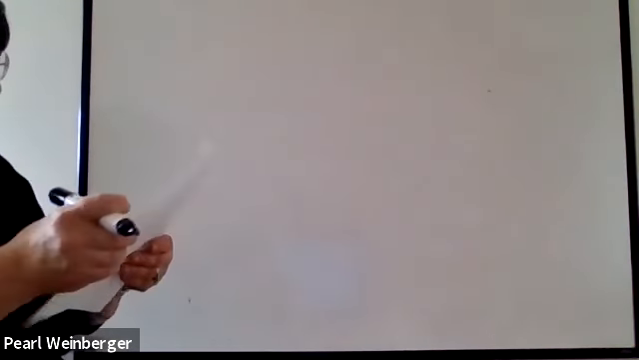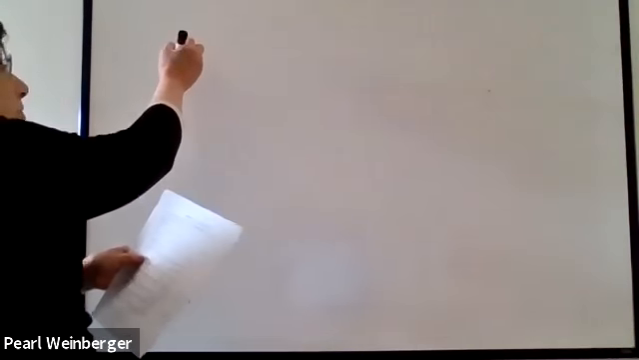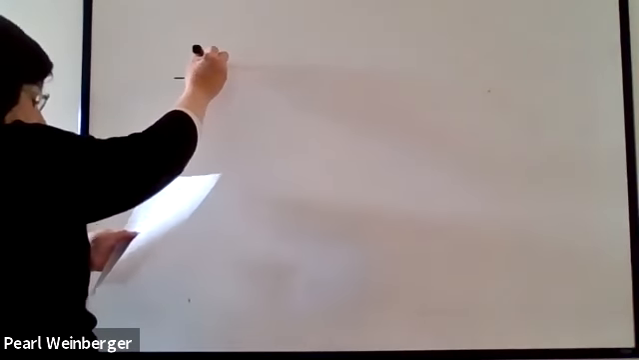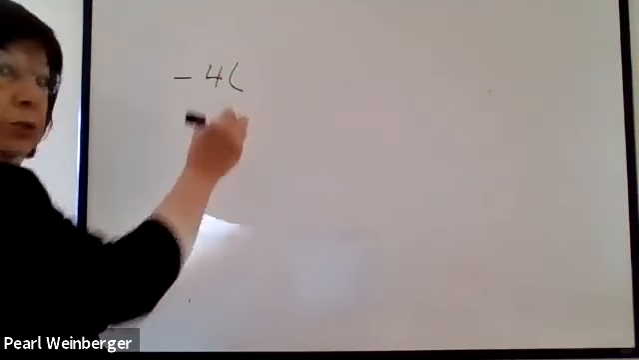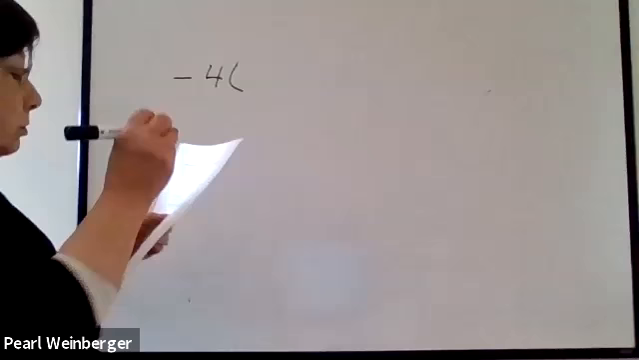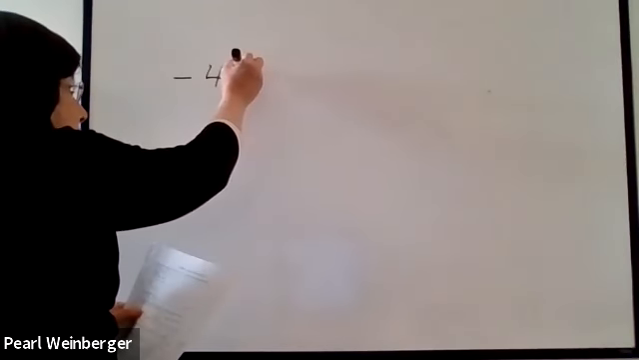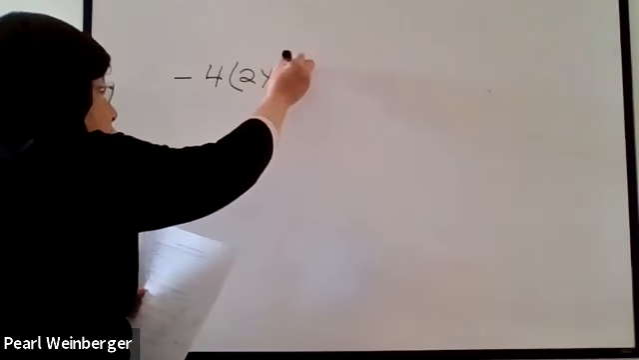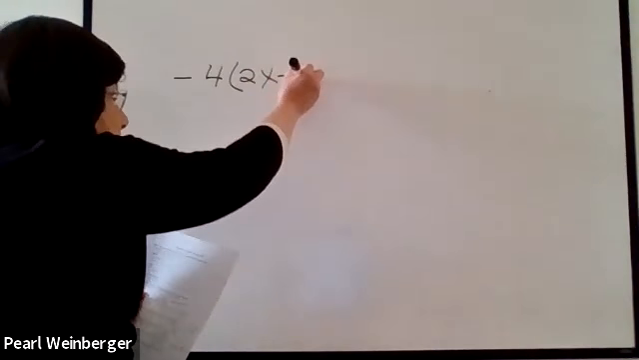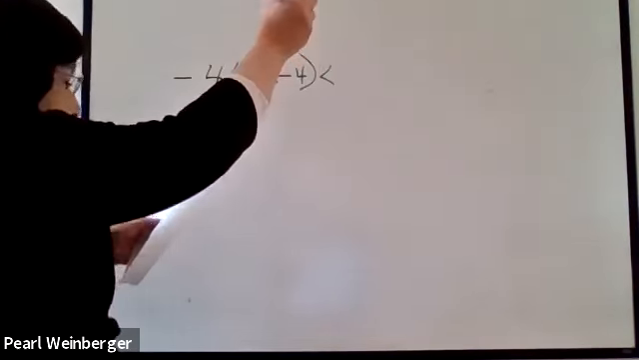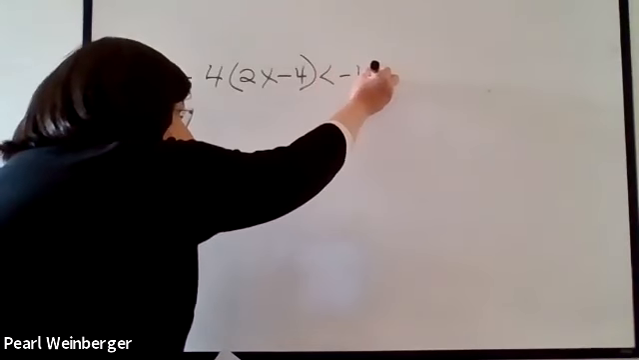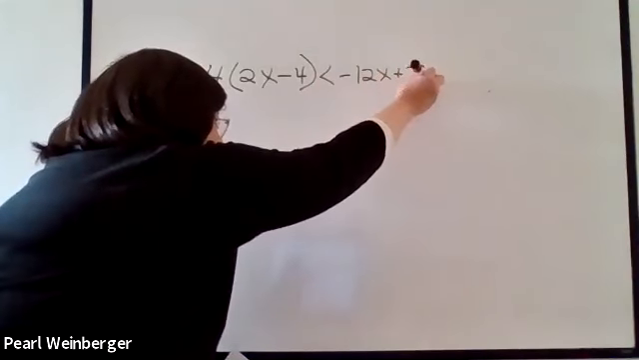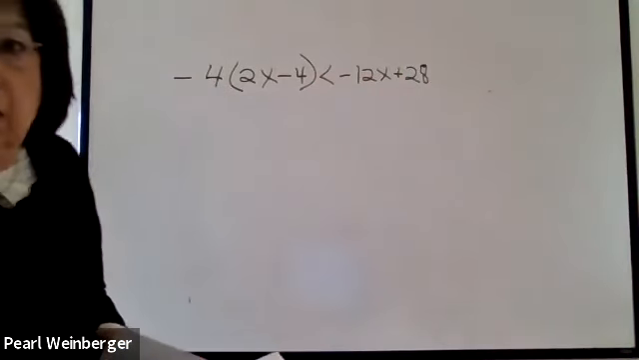This is, just to remind you, how to solve an inequality. I want you to solve this inequality, and I want you to put it in interval notation. So it's -4 times (2x - 4) is less than -12x + 28. Okay, let's see if you can solve this inequality